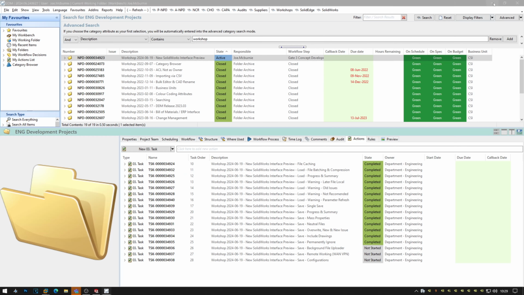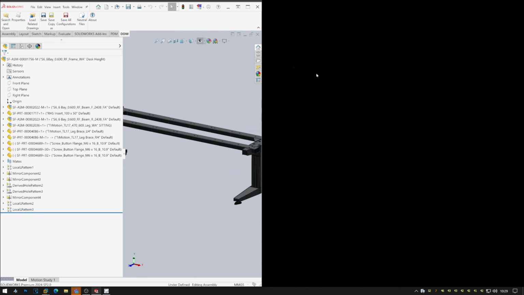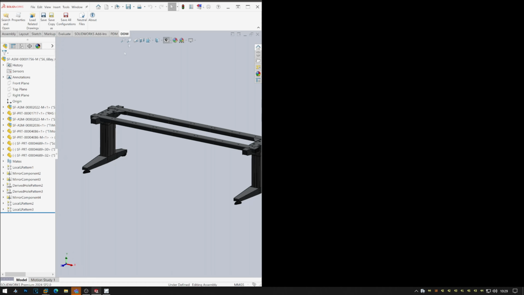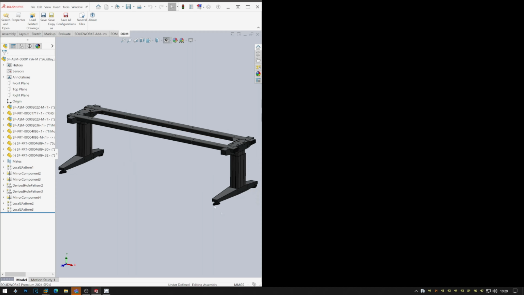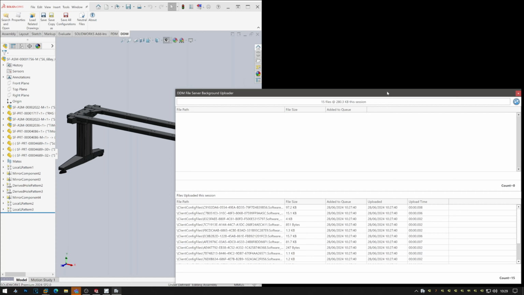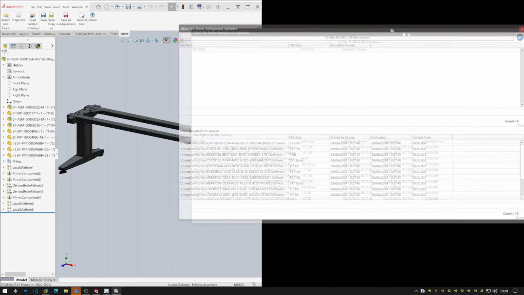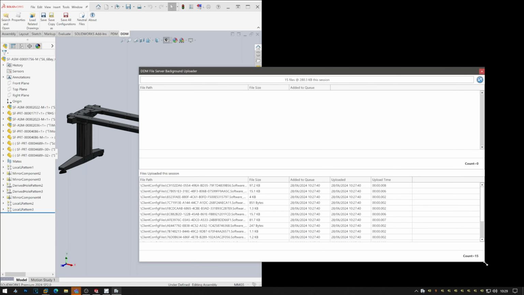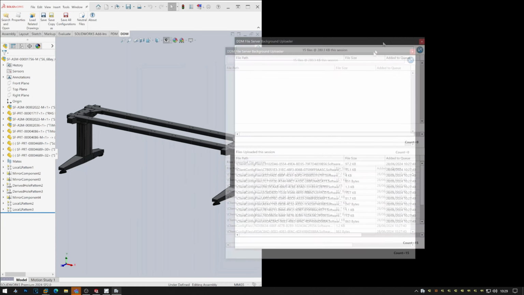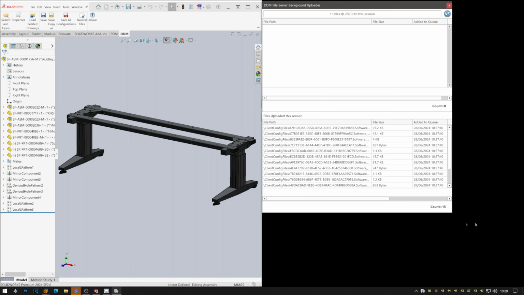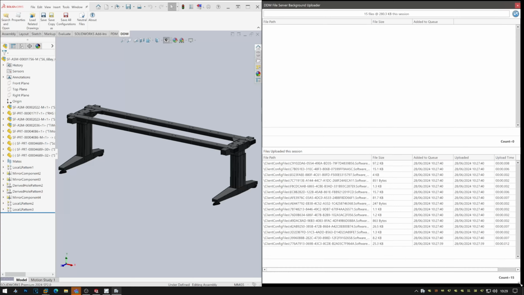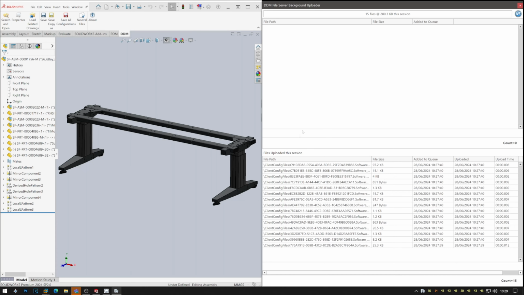I'm going to go back into SolidWorks. I've got this assembly loaded, and for demonstration I'm going to tile these side by side. Okay, I'm going to open the background uploader, and let me just resize this so we can have it on this side of the screen. Okay, so you wouldn't normally work like this, but this is just to demonstrate what's happening in the background. If I now do a save,